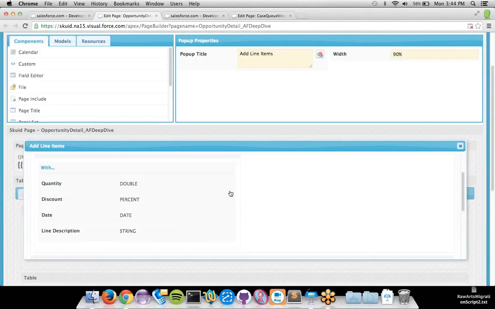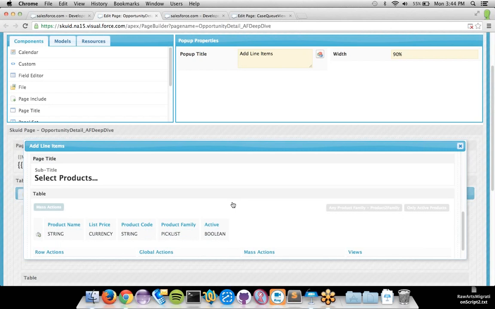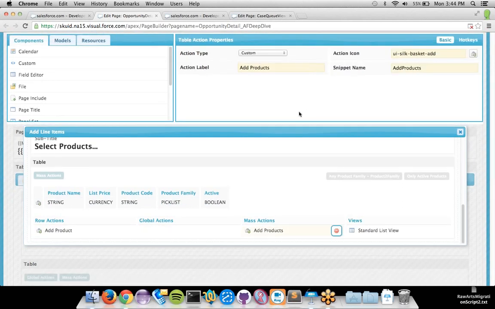It can be very similar. Here we have the ability to add with quantity, discount, date. So we could apply that to all products. Again, we have mass action here. We could do the exact same thing for line items. I'm not going to go through that, but